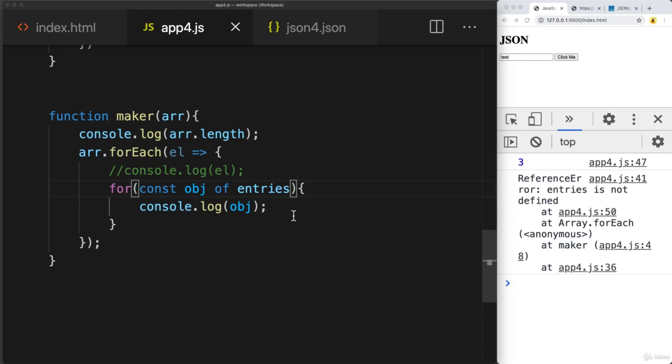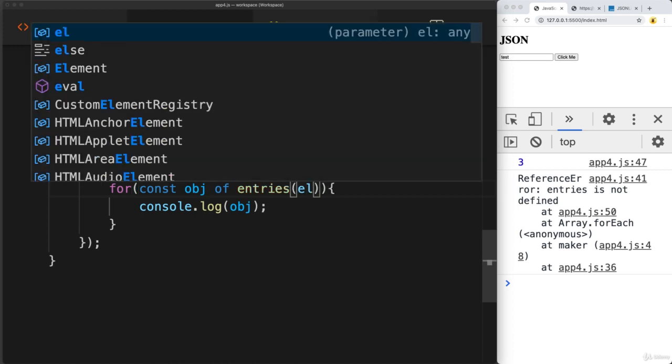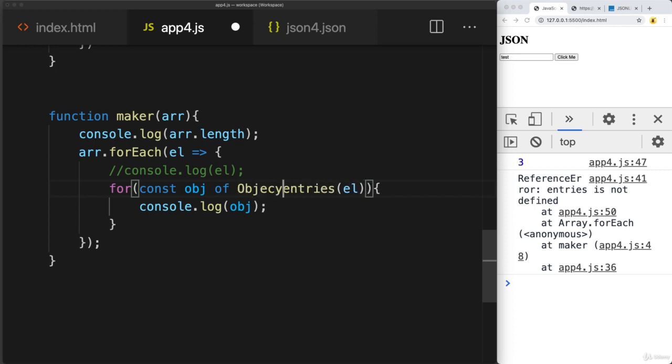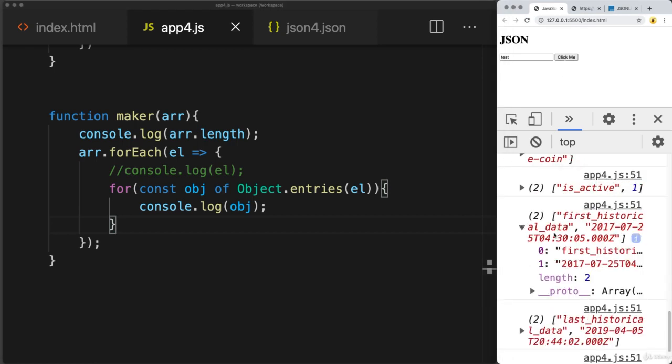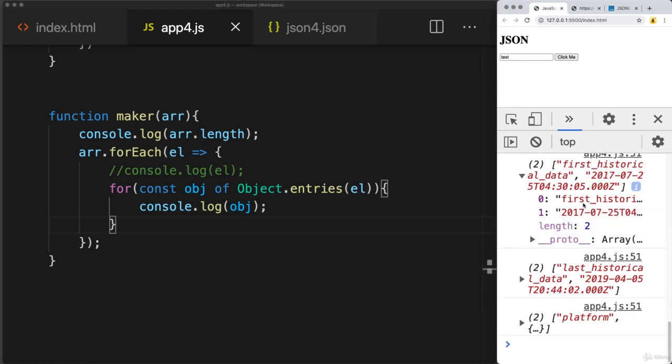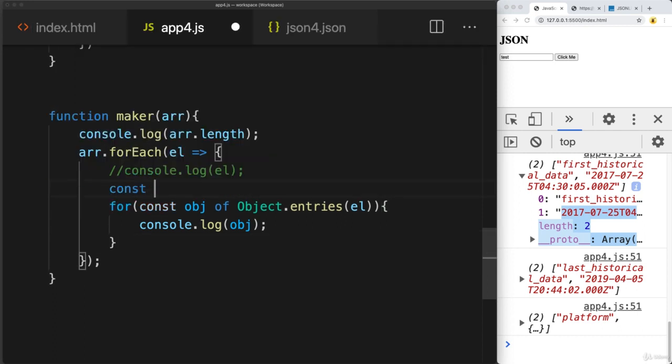And because this is an object, let's select the element entries, and using the object entries. So let's see what we get returned back. So that gives us an array of each one of the property key and then the value that's associated with the key. And you can also separate this out as well